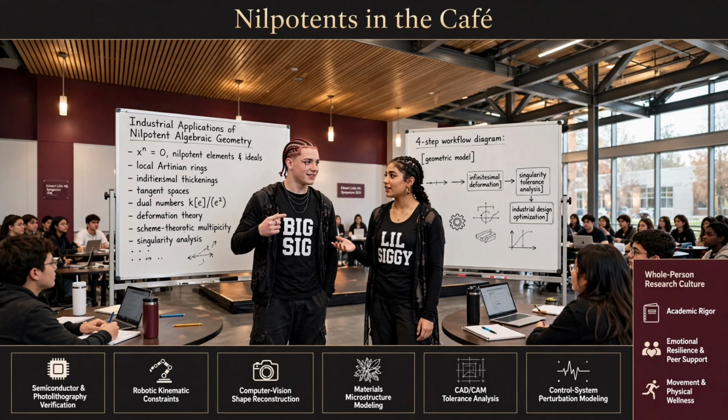Precisely. The real numbers are a continuous continuum, but in the world of Weil algebras, which is the overarching mathematical category that dual numbers belong to, this epsilon element acts as what we call an infinitesimally thickened point. An infinitesimally thickened point. Yeah. It gives a single point on a graph a tiny localized halo of fuzziness. It has a direction, it has a slope, but it has no measurable distance.